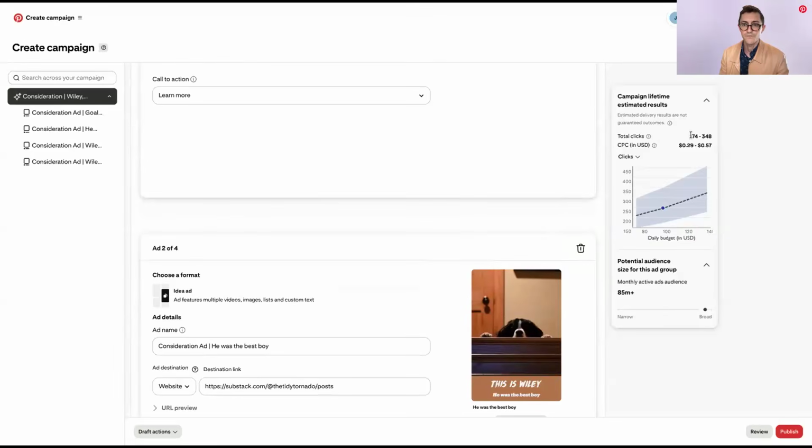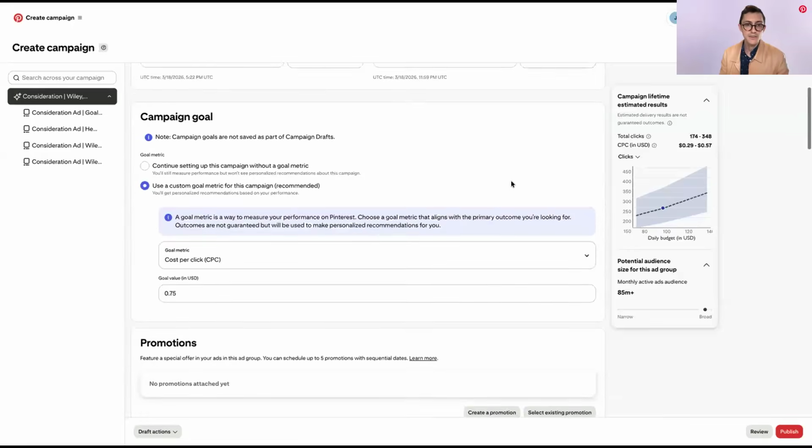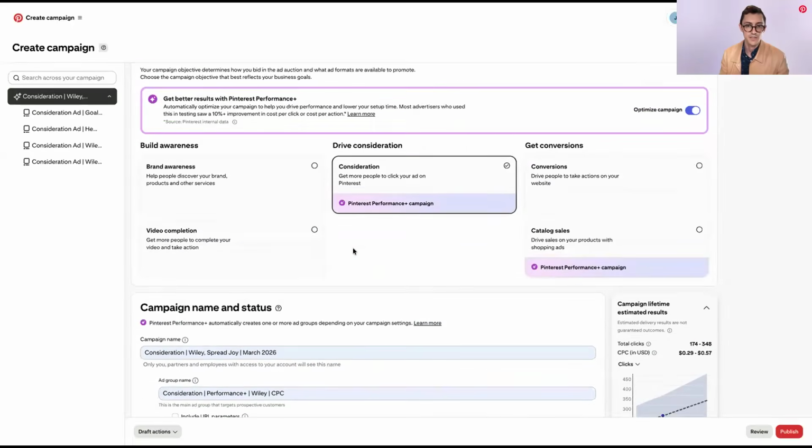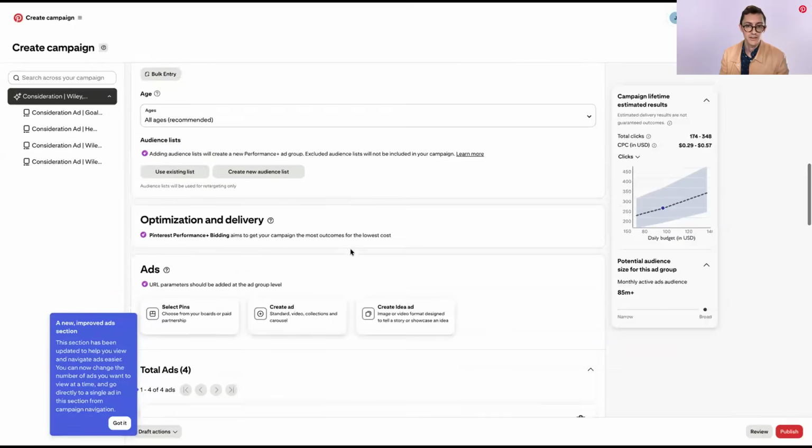It'll give me 174 to 348 clicks per day. And then this also updates dynamically. So let me show you guys this really quick. If I edit my budget,